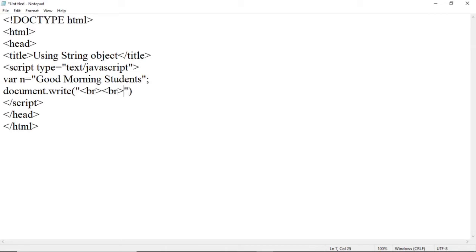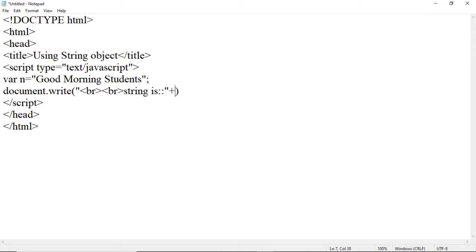After that, first if we want to see what the string is, I will give a text here as string is. What is the string? Good morning students. That should get printed here.